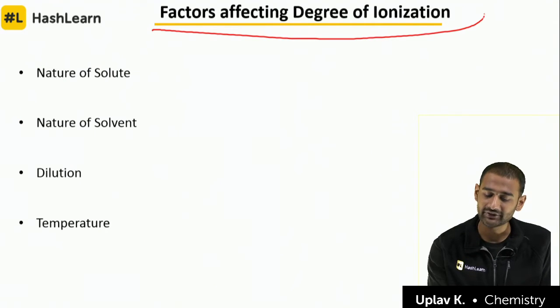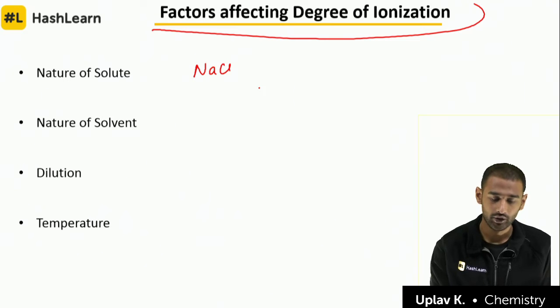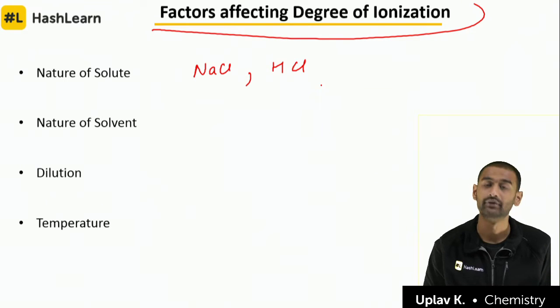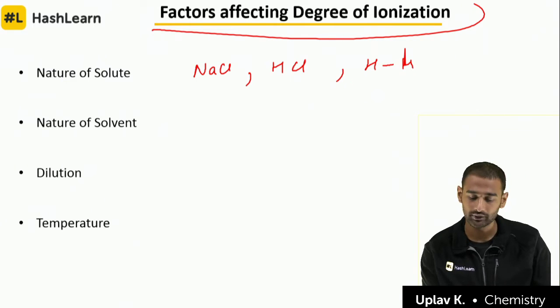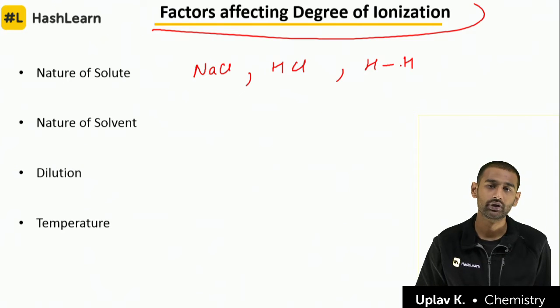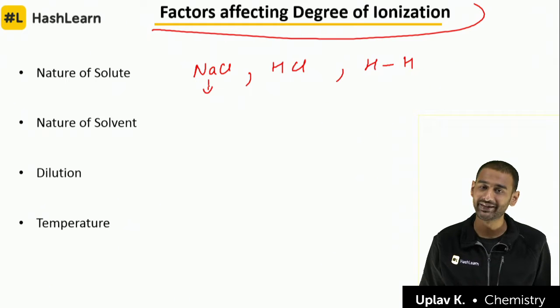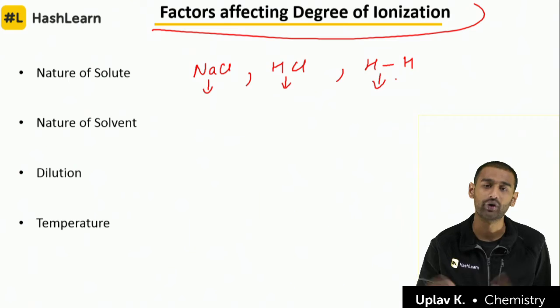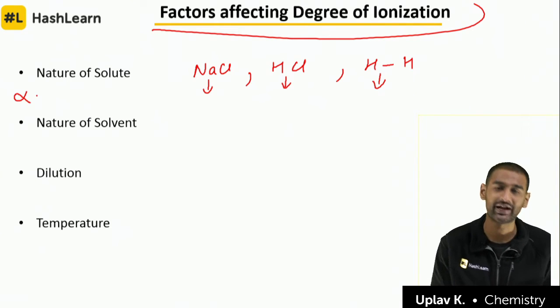Now, what are the factors which affect the degree of dissociation? Suppose I have something like NaCl, or suppose an HCl, or suppose I have an H2. All of these three are compounds, fine. Now if I dissolve all of these three in water, which of these three will dissociate very easily? I can say that this will dissociate almost completely, this will also dissociate to some extent, but in this one dissociation will not happen at all, right? So if you are talking about the degree of dissociation, that is alpha,